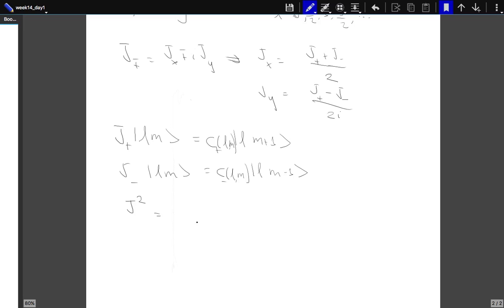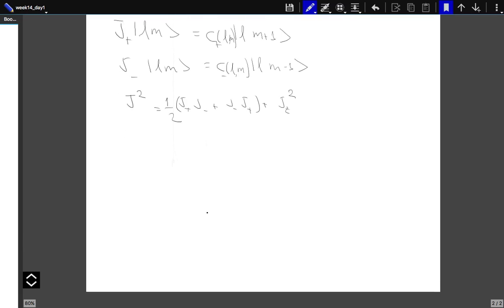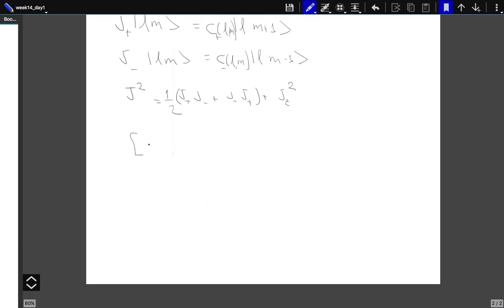Well, we can determine them by expressing J squared in terms of J plus and J minus. If you remember, J squared was just (J plus J minus plus J minus J plus) multiplied by 1/2, plus Jz squared. We had already also calculated the commutator of J plus and J minus, which was